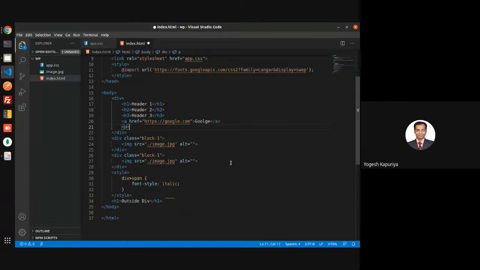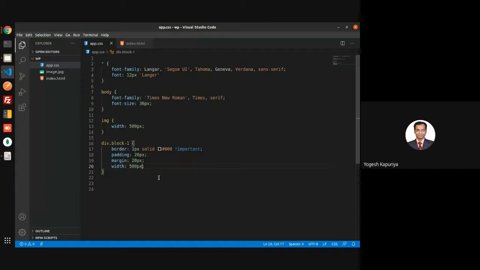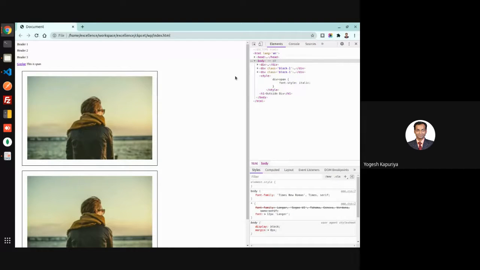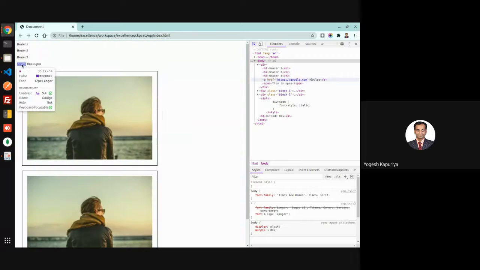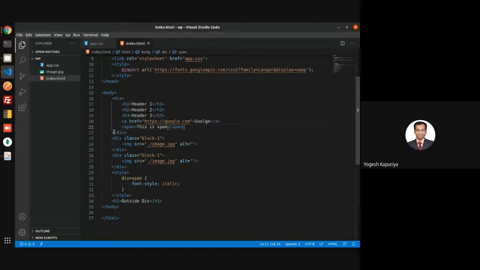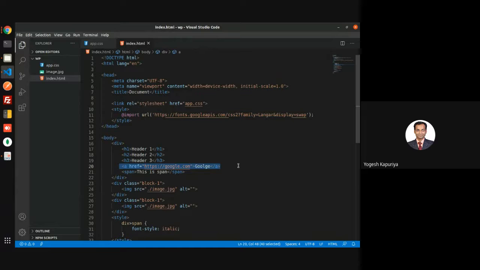Let's say I'm writing this. Now we have not mentioned anything with A, it's a default one.